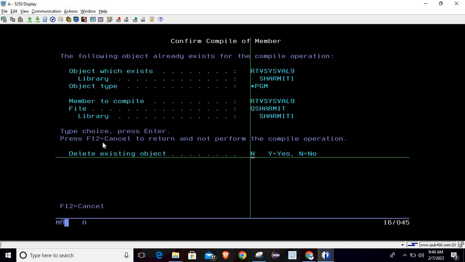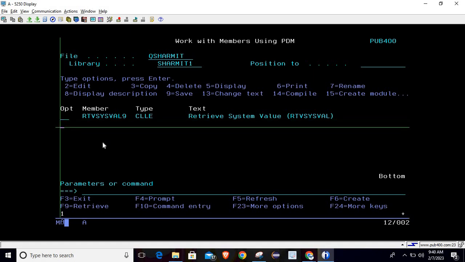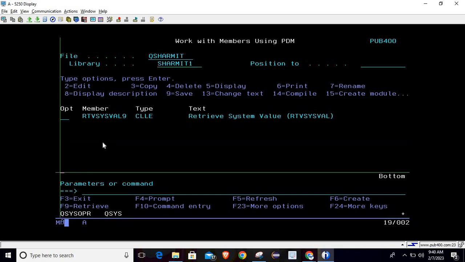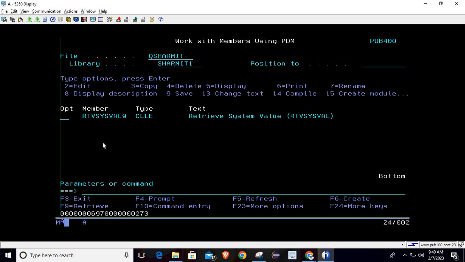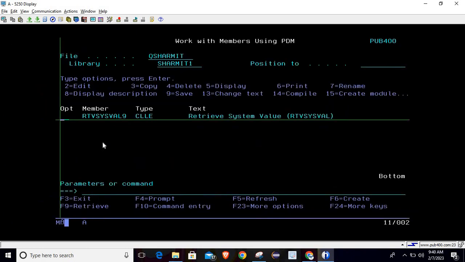Now it's time to compile it and see the output. So it compiled successfully. Now I'm calling this. The first value we are getting is 1, which is the century, indicating the years 20. The second thing is the QCFGMSGQ, and third is the CHRID. So if you are looking for these three pieces of information, then you can simply use the RTVSYSVAL command for retrieving the value. I hope it is clear to all of you,